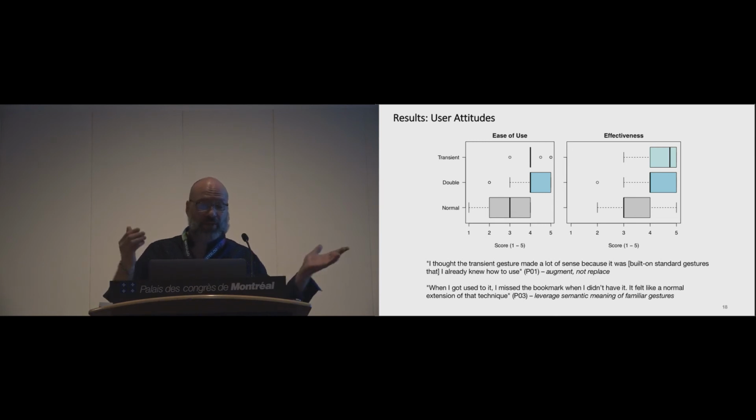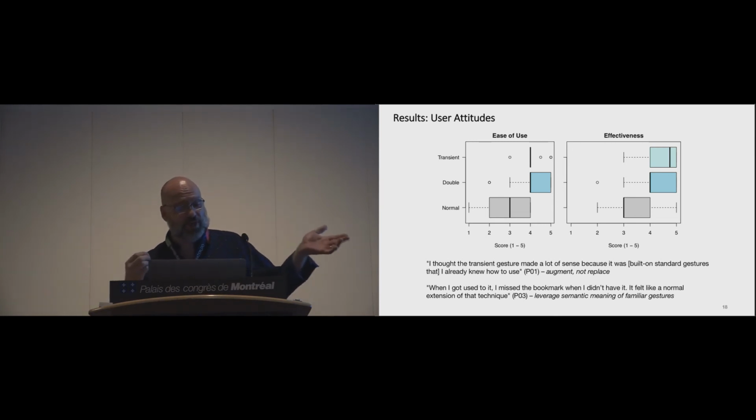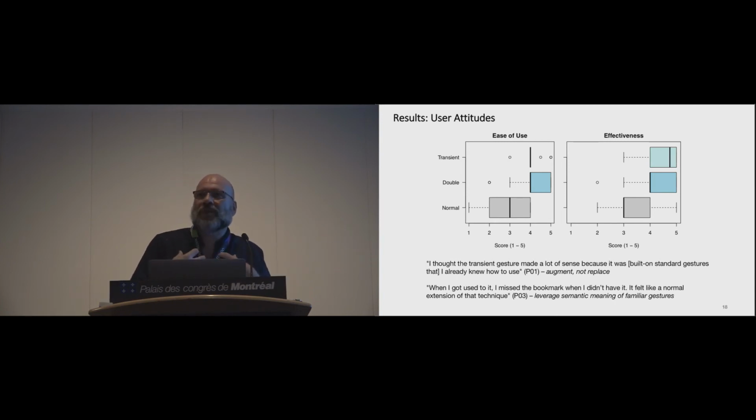I thought transient gesture made a lot of sense because it was built on standard gestures that I already knew how to use. This was participant 1. This sort of directly supported our choice to augment rather than replace, right? And so this was pleasing. We didn't want to have to bring in new gestures. We really liked the idea of leveraging what we already had, and we think that helped make the techniques more